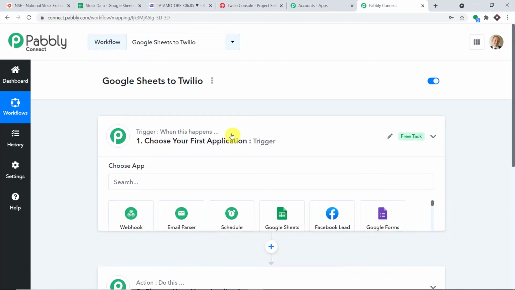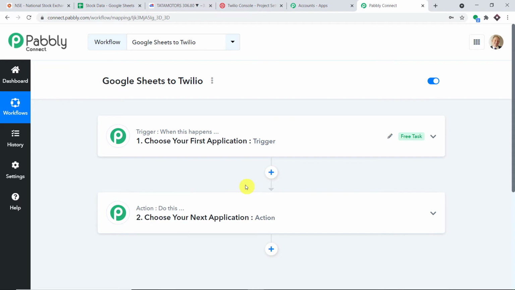When you click on create, you will find two windows, the trigger window as well as the action window. So what's the deal with the trigger window and the action window? Well, automation in Pabbly Connect works on the concept of triggers and actions. The trigger is an if statement. It asks a question: if this happens, what should be done? For example, if new data is entered in Google Sheets, the action would be that an SMS is sent by an SMS sending app like Twilio. So using these two windows, we are going to create a workflow to integrate Google Sheets with Twilio.